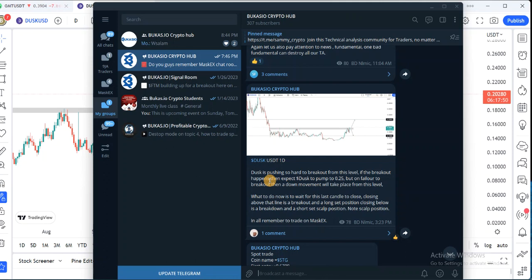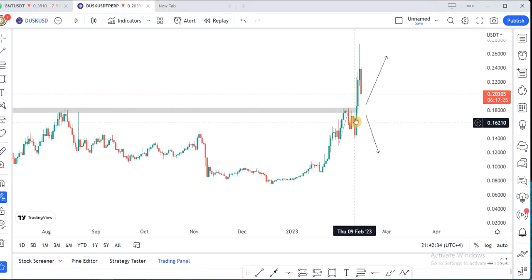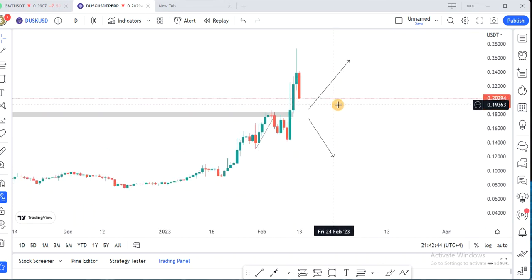set scalp position. Remember what I said on the short? I said scalp. Note, scalp position for short, because I know the price action that Dox will form here: you cannot long scalp, you cannot short scalp and keep staying in that trade. What I did, see, I shorted Dox because of what? There was a price. See what happened here. When it reached here, Dox broke out. Let me show you, because I don't fake anything I do.